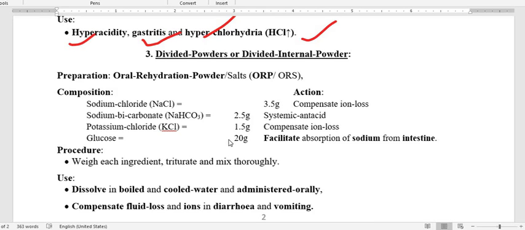So this contains salt. As you know, when there is diarrhea or vomition, there is more loss of ions, particularly sodium and potassium ions. When there is more loss of potassium ion, this is going to create muscle cramp. The muscle is going to cramp and you feel pain. So if the patient is going through more diarrhea as well as vomition, and vomition is more dangerous than diarrhea, then you have to compensate by giving